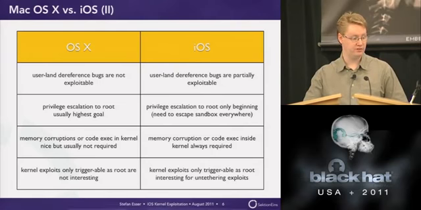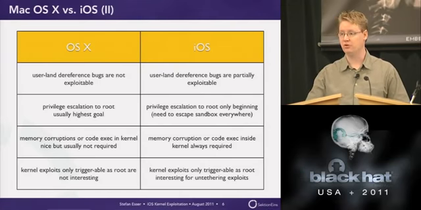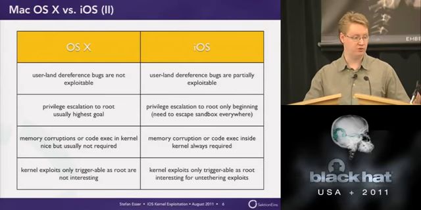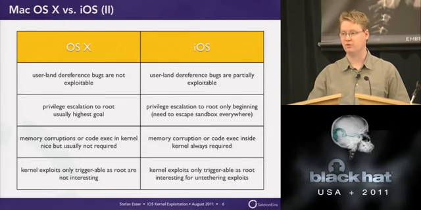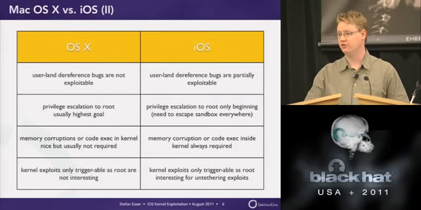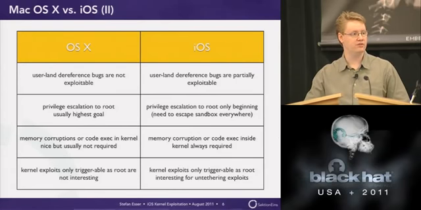When you look at OS X, usually nothing is sandboxed. Nowadays in Lion you have several things sandboxed, but in the previous version there was nothing sandboxed. So the only thing you wanted to have on OS X was to get root. In iOS, that's just the starting point. What you need is code execution in the kernel to disable all the security features. And therefore, on OS X, code execution or memory corruption inside the kernel is nice to have, but it's not really required. You just need a bug that gives you root. In iOS, you always need memory corruption or code execution in the kernel because otherwise you cannot disable all the